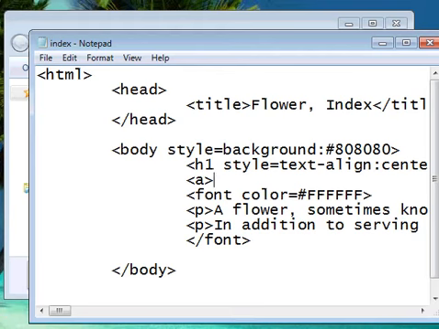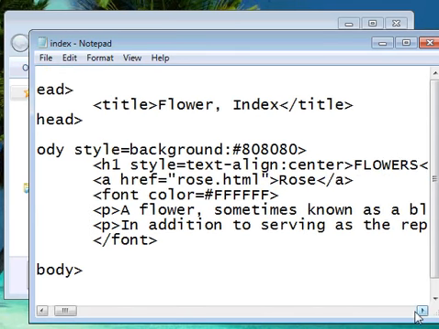for creating links in HTML we use the anchor tag, that is A, and we have to close the anchor tag. Between the tags we have to give the name of our link. I'm going to give the name as rows. Inside the anchor tag we have to use a parameter called href, and this href is used to specify the file our link needs to navigate to when we click the link rows. So href equal to, within quotes, I'm going to give rows.html. This is the file we are going to navigate to. So anchor tag, href equal to, within quotes, rows.html, and the link that appears in the web page will